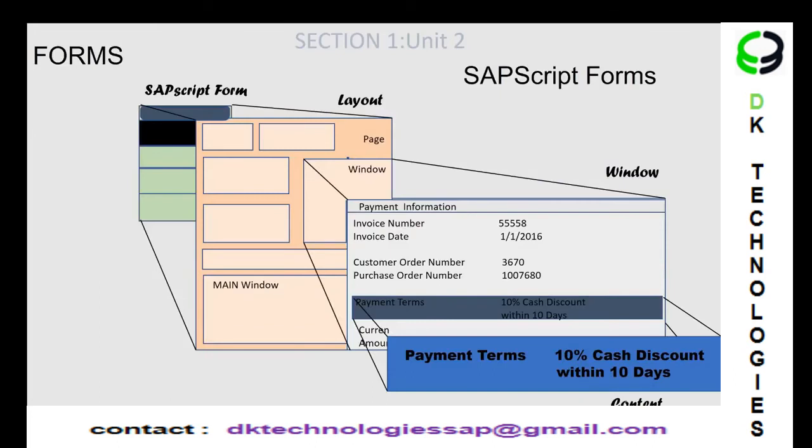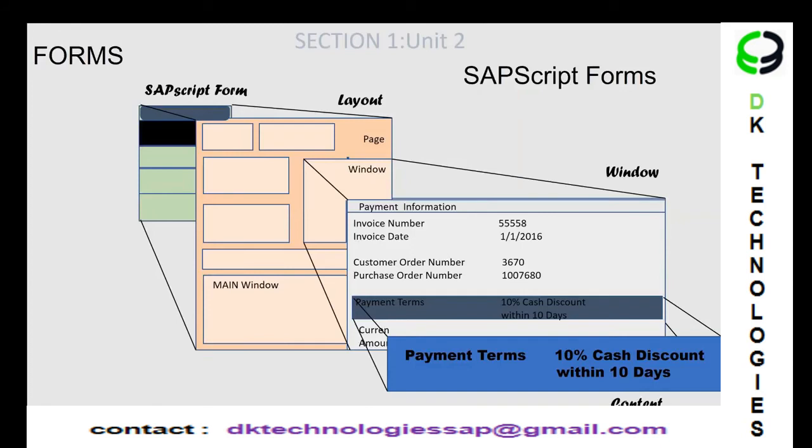Then forms. Reports and forms are some of the major developments that we do. Most of the time we'll be developing either reports or forms in SAP. As an ABAP consultant, we'll be doing a lot of these developments. Forms are like, let's say you created an invoice in the system and you want to take a printout of that invoice and send it to your customer. Now, there are certain legal requirements on the format the invoice should have, and what information it should contain. So forms allow you to design the format and layout better.